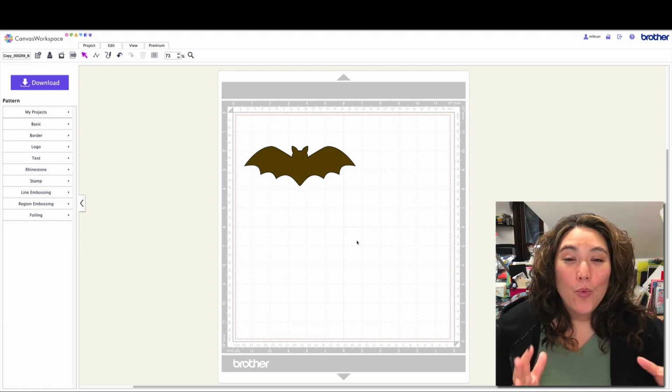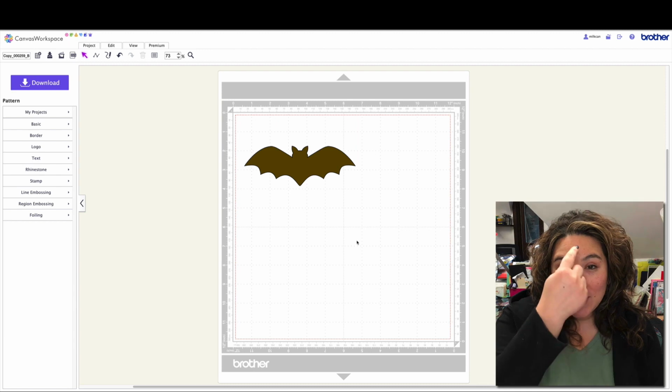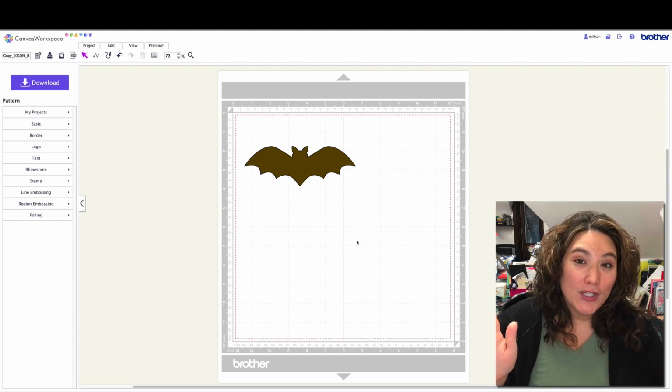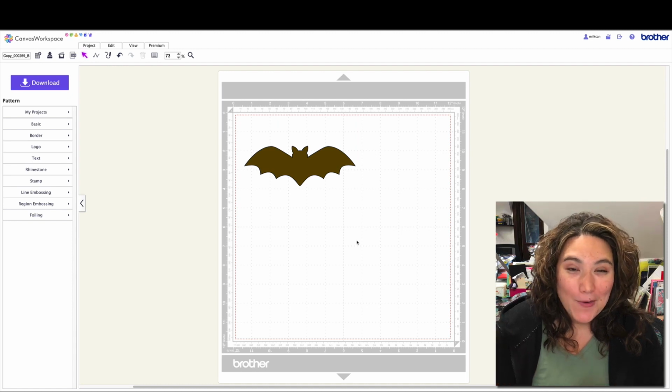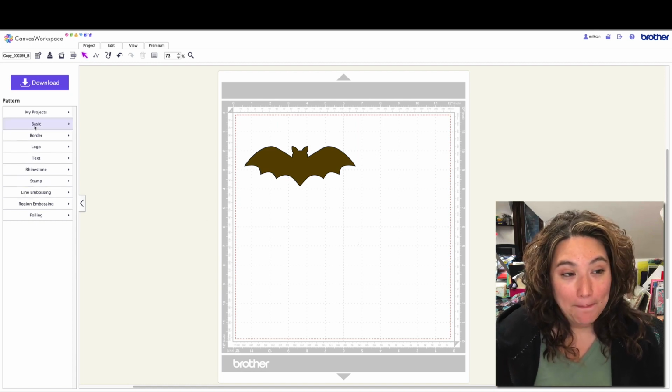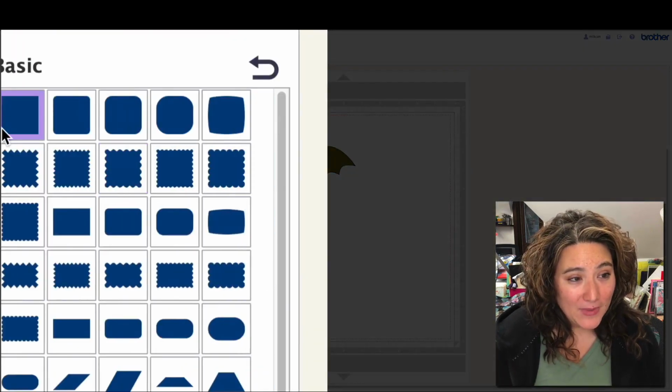So we want to make it so that the bat is going to be attached right in the center, but that the wings are still going to be free. So let's go ahead and figure out how we're going to make that magic happen. So it's a two-step process. So the first step is I'm going to go over to the basic shapes, and I'm going to choose a